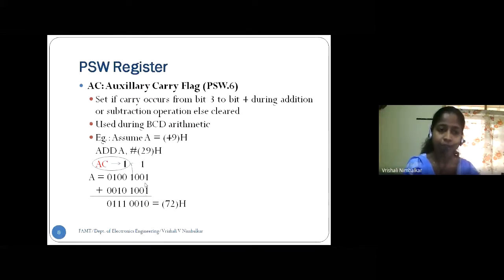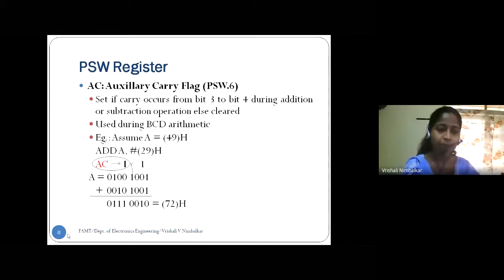And what are we talking about? Auxiliary carry. So, this is bit 0, bit 1, bit 2, and this is bit 3. Whenever there is a carry occurring from bit 3 to bit 4, we say the flag is set. Correct? Another way to explain this is, whenever there is a carry occurring from lower nibble to upper nibble.